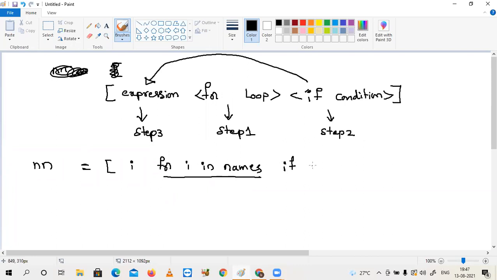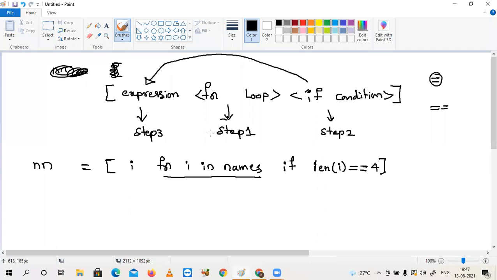If length of I equals to 4. Sir, why do we use these 2 equal to signs? If it is single equal to, you are assigning a value to the variable. Double equal to means you are comparing a value. It is an operator. You are checking a condition. Just wait for a few minutes, I will explain the operators. Okay, sure. Now observe this.